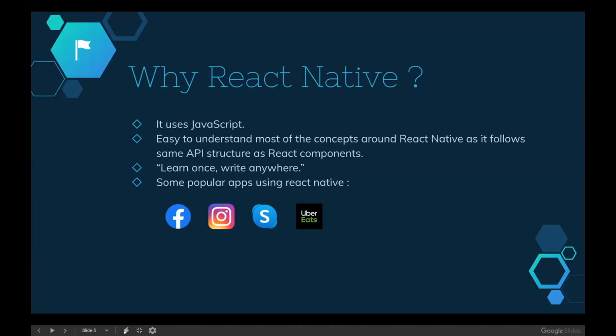With React Native, along with Expo or just React Native alone, I can build an app for Android and iOS, run it on the web, and also build a desktop application with the same code base. And React Native is popular. Big companies like Facebook and Instagram also use React Native in their applications.